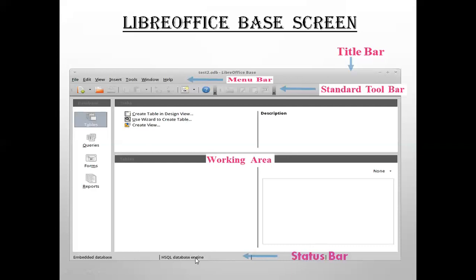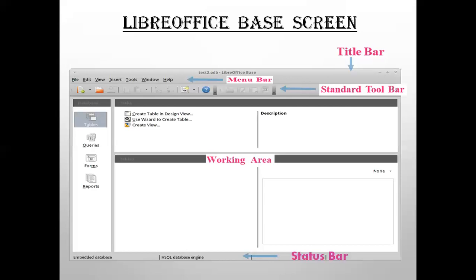And the last one is the status bar. It is located at the bottom of the workspace. It provides information about the document and convenient ways to change some features quickly. This bar exists in all the LibreOffice applications. You must have seen it in MS Word, Excel, also in Windows. Now in Standard 11, you have learned LibreOffice Writer, which is similar to MS Word.